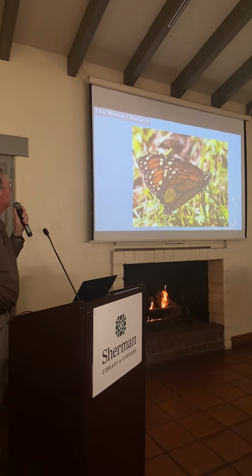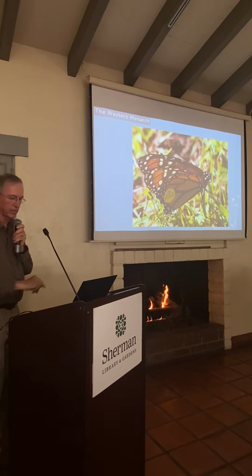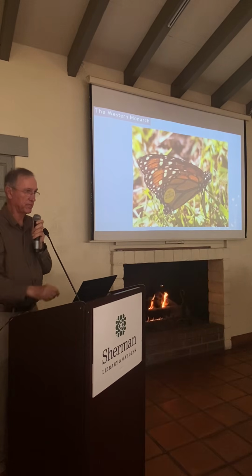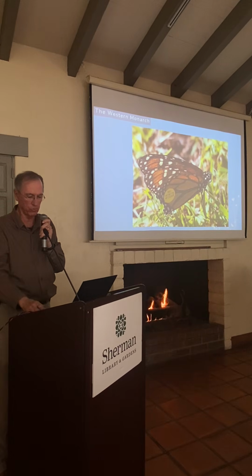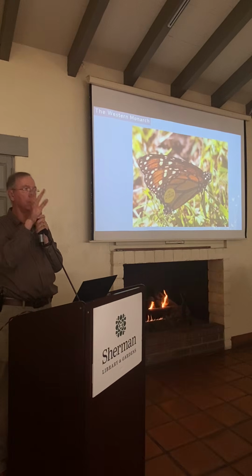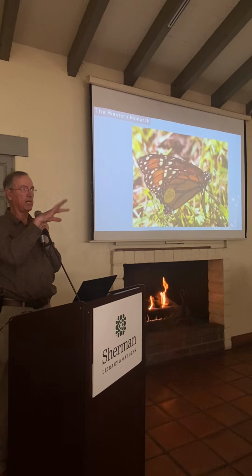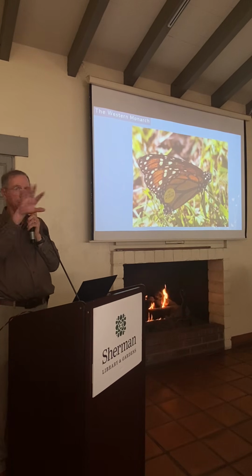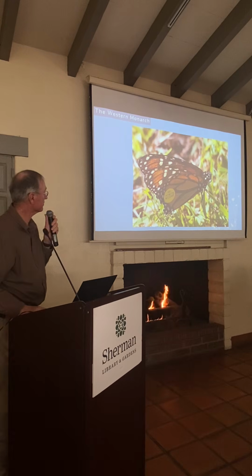Here's another monarch that was recovered in 2014, I think. I don't know the story on this one. It was also recovered in Huntington Beach from a tagging effort, but I don't know where the tag was applied. So there is some science with tagging and trying to figure out the movement of these monarchs.